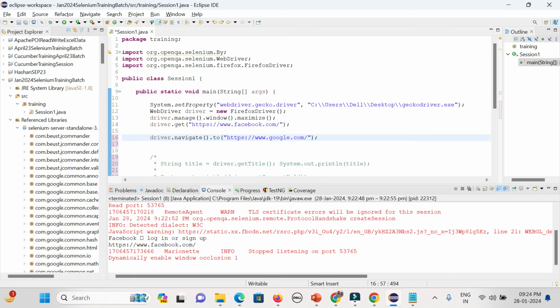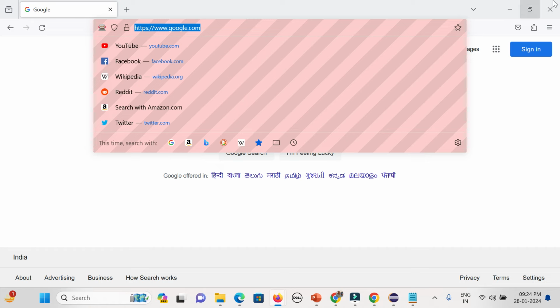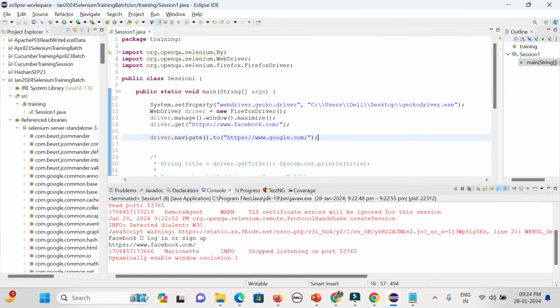Driver.navigate.to Google. After that, I can go back, right? Also forward the page, just like in the browser, whatever we used to do.